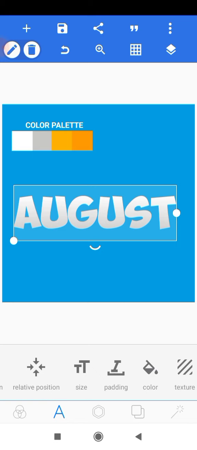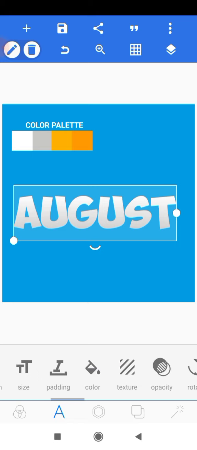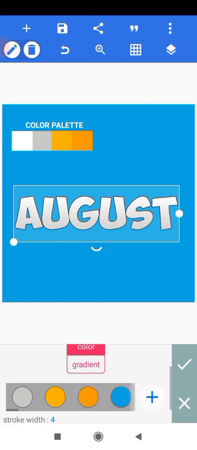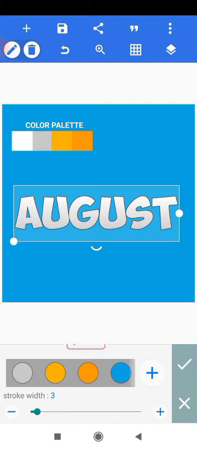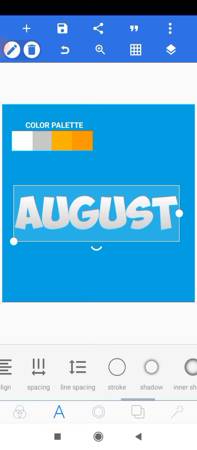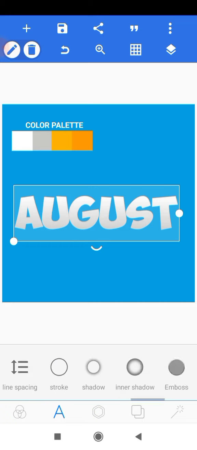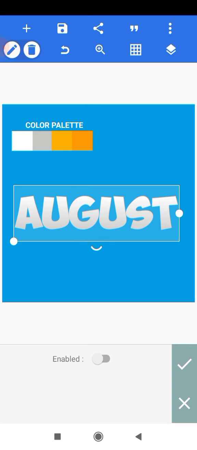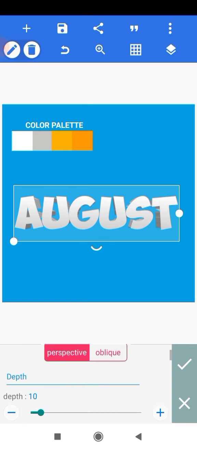So the next thing I want to do is to head on to my stroke here, and then I'll enable the stroke, and I'll reduce the stroke width to 2 pixels, and I'll change the stroke color to a gray color, and I'll check. So now that I have it there, the next thing I want to do is to head on to 3D text, and I have my 3D text here, and I'll enable it,